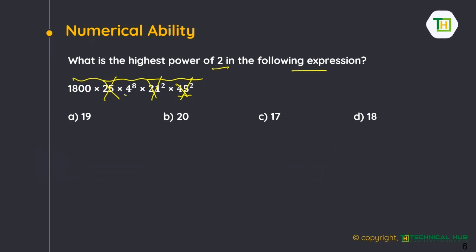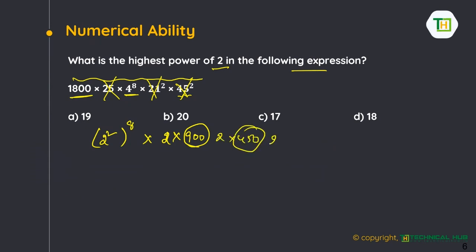The only thing you need to change is 4 power 8 and second one is 1800. These two are possible. Take these two numbers. First, I will take 4 power 8. What is 4? 4 is nothing but I can write it as 2 square. 2 square whole to the power of 8 into 1800, right? So here you can write this 1800 as 2 into 900. This is one case. Again, 2 into 450. Again, 2 into